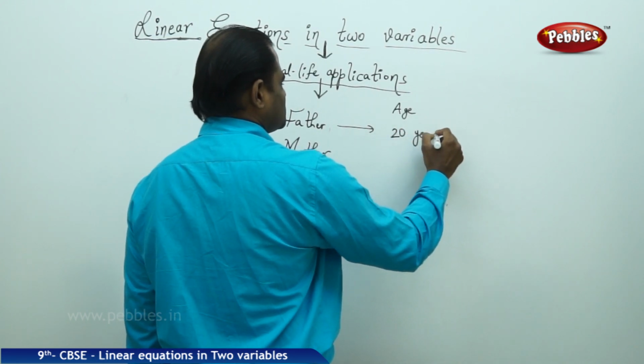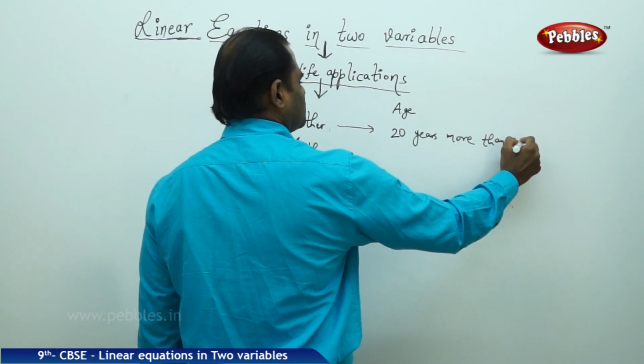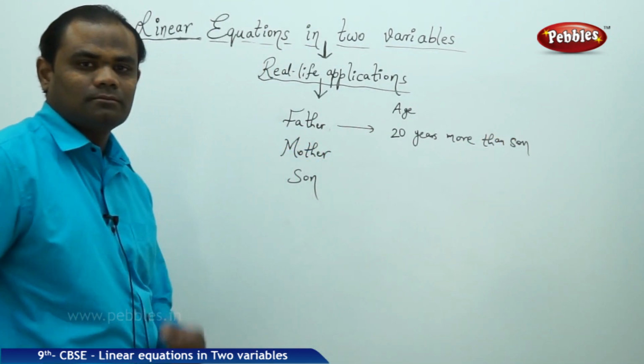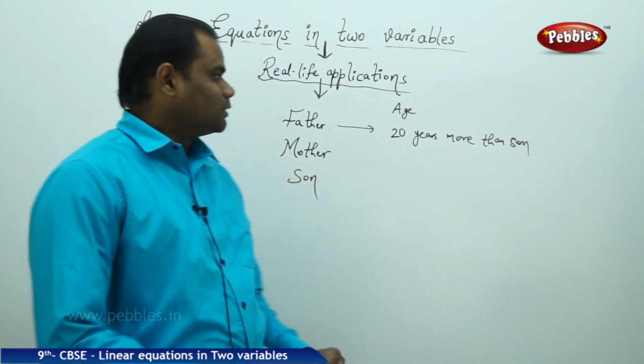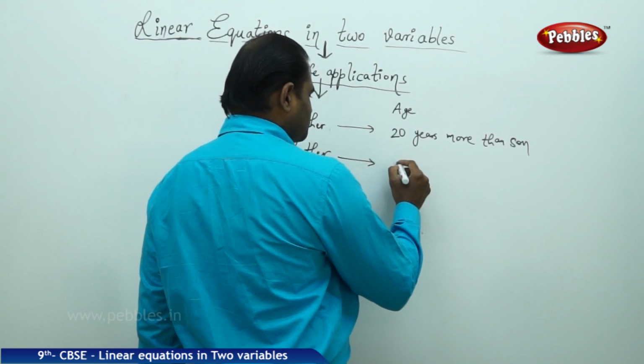So let's say the father's age is 20 years more than the son's age, and the mother's age